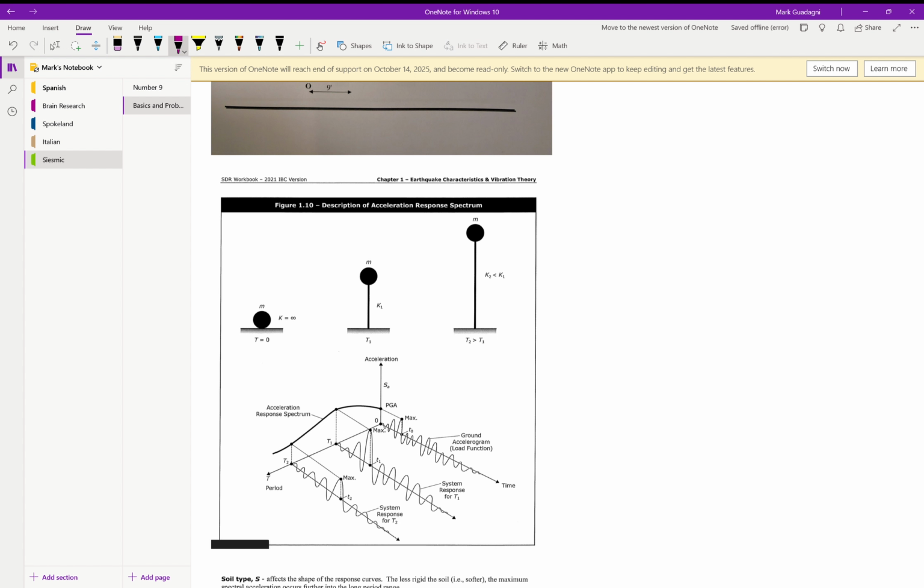So basically, if you have a really short building, your period will be very small. It's infinitely stiff, and as we remember from vibrations,